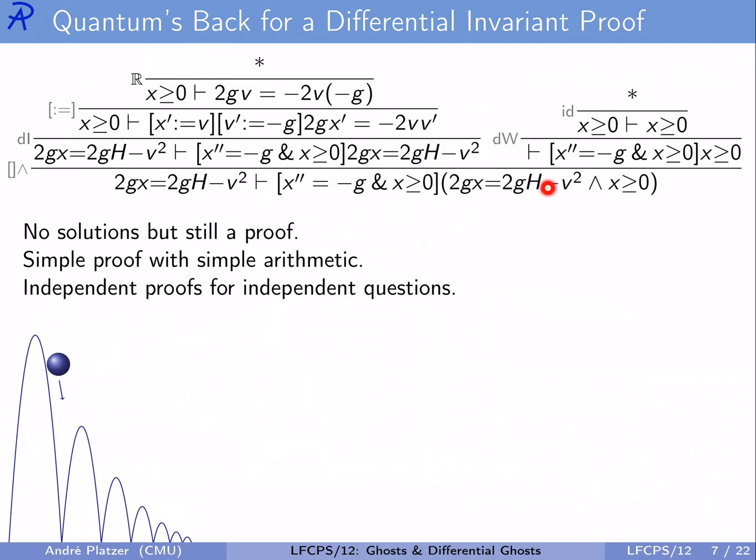So what we remember, we split the proof by a box distribution, and then we did a differential weakening argument on the right and a differential invariance argument on the left, and then all worked beautifully. But the point is that we needed to have just exactly the right invariant for this proof to work, even if it didn't use the solution axiom. So instead, let's understand how we can directly mimic the effect of the solution axiom